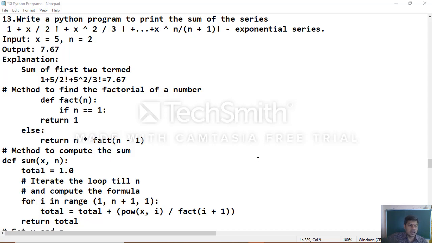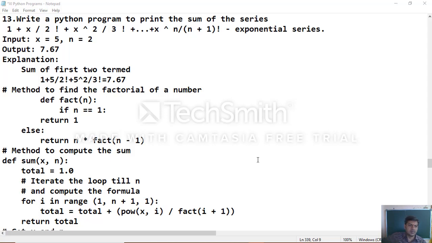So the formula is 1 plus x divided by 2 factorial plus x square, x to the power of 2, divided by 3 factorial, plus and so on, x power n divided by n plus 1 factorial. So, exponential series.